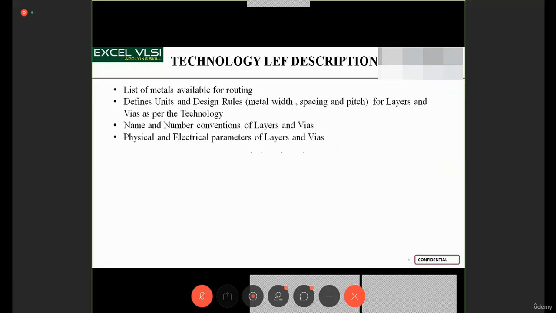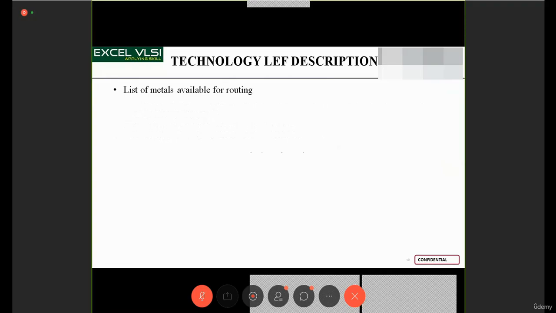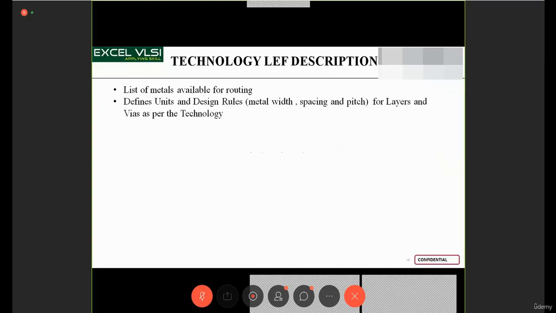So what a technology LEF description consists of usually is a list of metals available for routing. That means you need to interconnect with some other cell, right? So that particular interconnect information of those cells defines the units and design rules: how much metal width you need to use when you are using that particular technology library. So this width, spacing and pitch for the layers depends upon the technology,